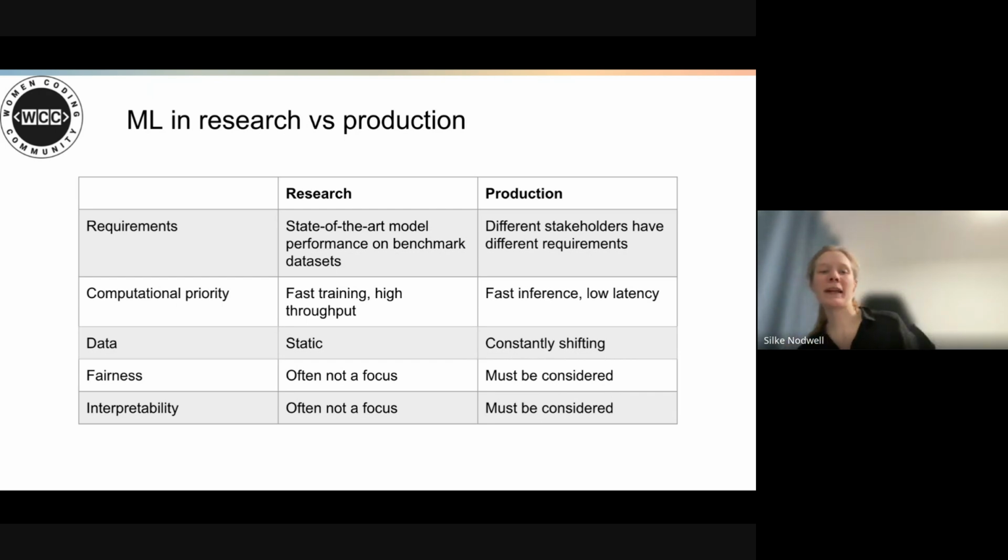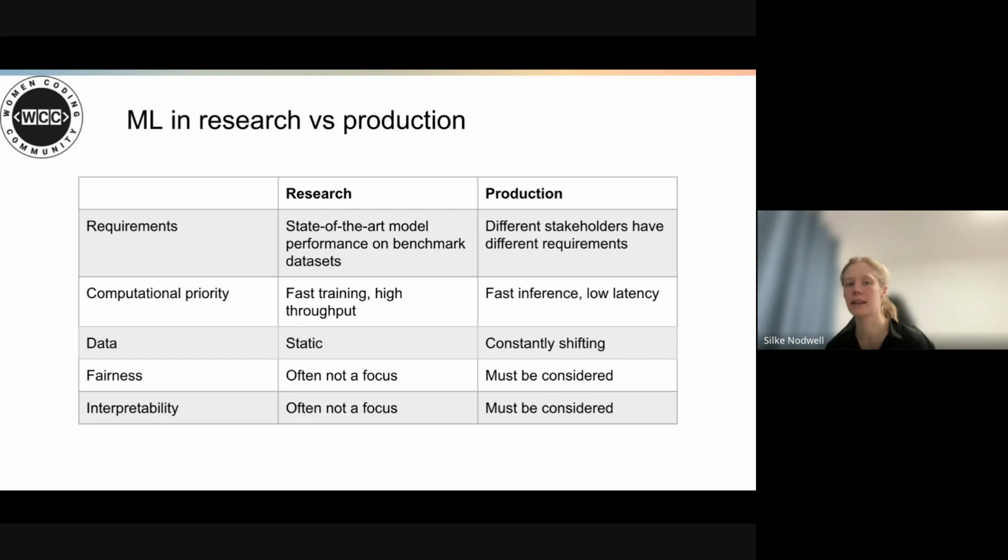And then we've also got different computational priorities, where often in industry you have to think a lot about low latency. We had that case recently where we were thinking about whether we can use a much smaller model just in order to get the latency requirements down, because users don't want to wait very long for predictions. I think consumers especially have very low tolerance for that kind of thing.